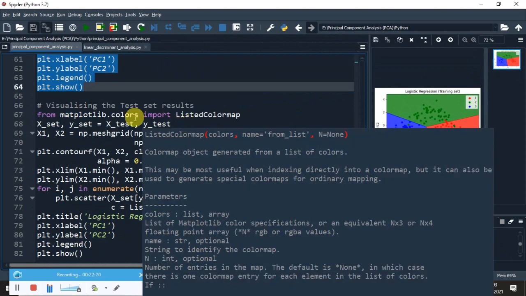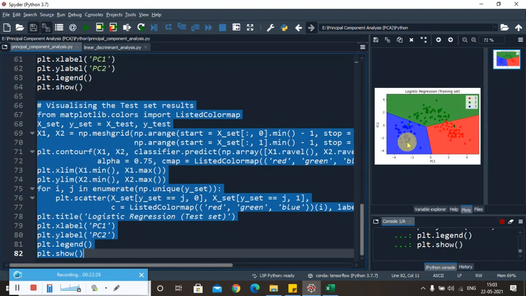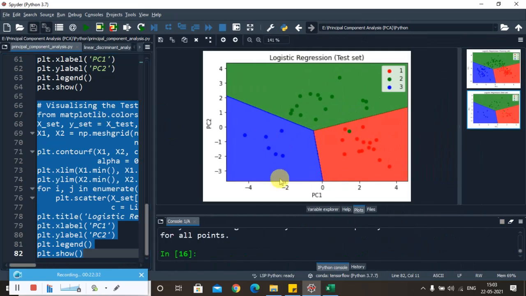So with that we have seen the visualization of the training set results. Now let us apply it to the test set and visualize that too. Now we can see it very clearly here. Here also, based on PC1 and PC2, it is able to distinguish the results properly. None of the blue region has any wrong predictions. Green has also done a proper job, but only for the red region do we have one wrong prediction, which we had already seen in the confusion matrix. For the test set only one wrong prediction has been made, and we can also make this 100% by applying kernel PCA or linear discriminant analysis.